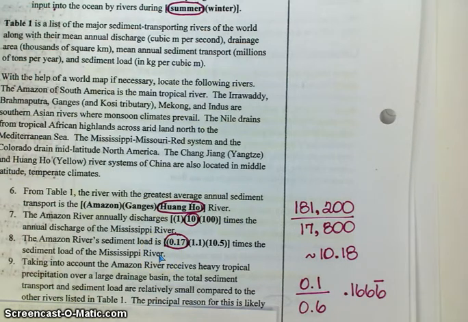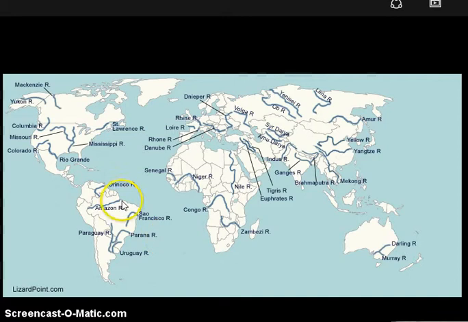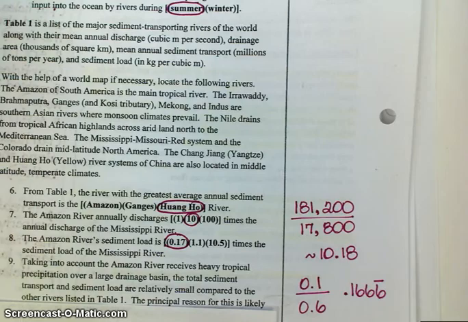Okay, now, number 9, taking into account that the Amazon River receives heavy tropical precipitation over a large drainage basin, the total sediment transport and sediment load are relatively small compared to other rivers listed in Table 1. Now think about the area that the Amazon River drains. The Amazon River, remember, is located here, and it's going primarily through tropical rainforest jungle area with lots and lots and lots of vegetation. Okay? So,